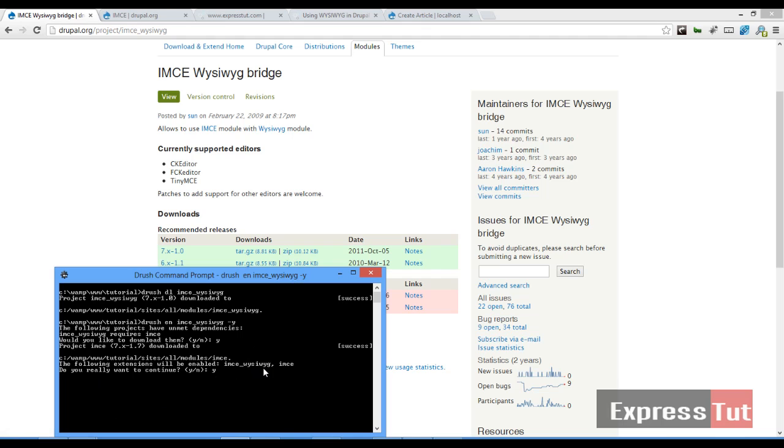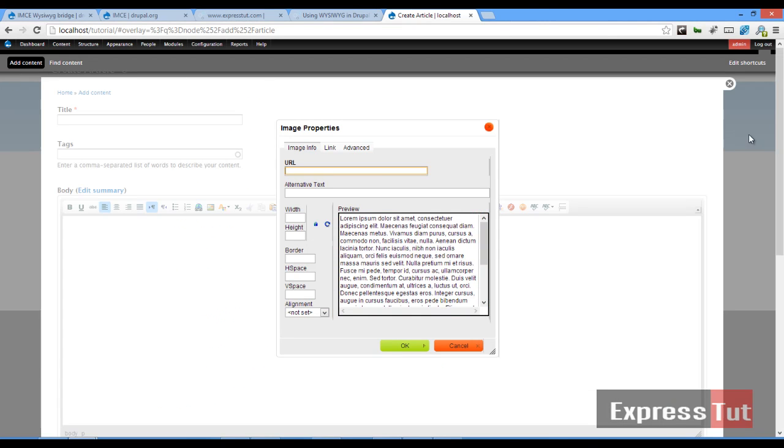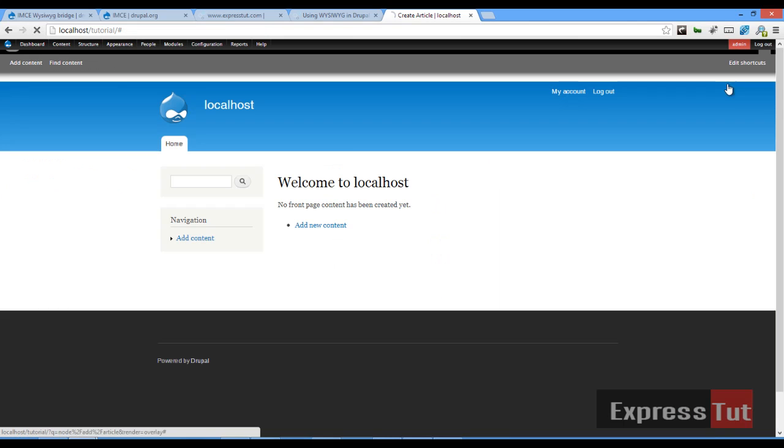And so once this is completed, you would find out that it's enabled the imce module, likewise the imce-wysiwyg module. So once that's completed, I'll clear my cache, drush cc, and that should clear my cache for me, and we should be ready to use this module. In order to set up this module, the first thing we do is close this for now. Close that, let's close this, and let's go to configuration,